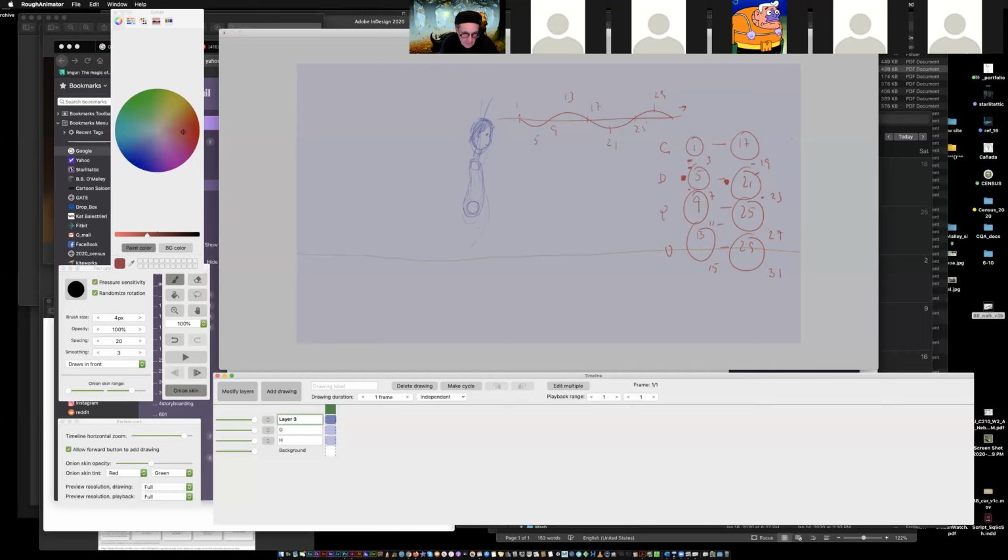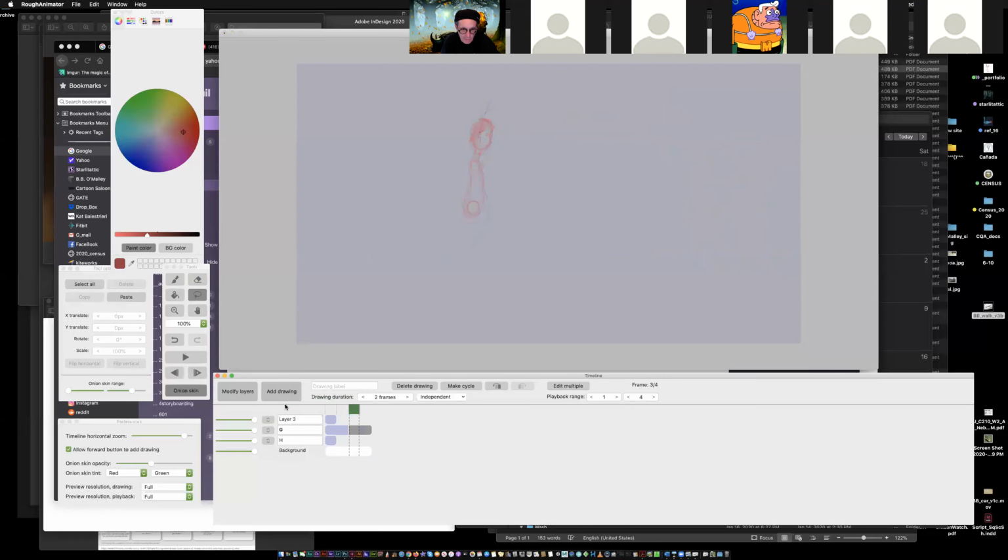All right, so let's go back to our guy layer, and let's copy and paste the head, neck, and body. So we're just going to copy that, and we're going to make our duration for him on just 2 frames. And we're going to add a drawing. So we copied it. We're going to add a drawing after, and I'm going to paste it. Oh, hold on one second. I'm going to take my,